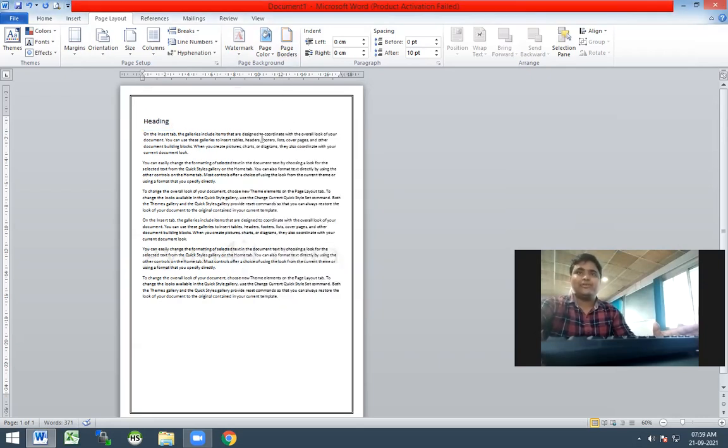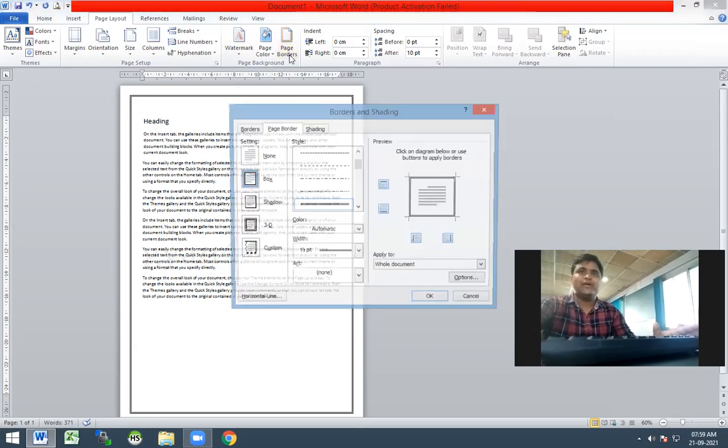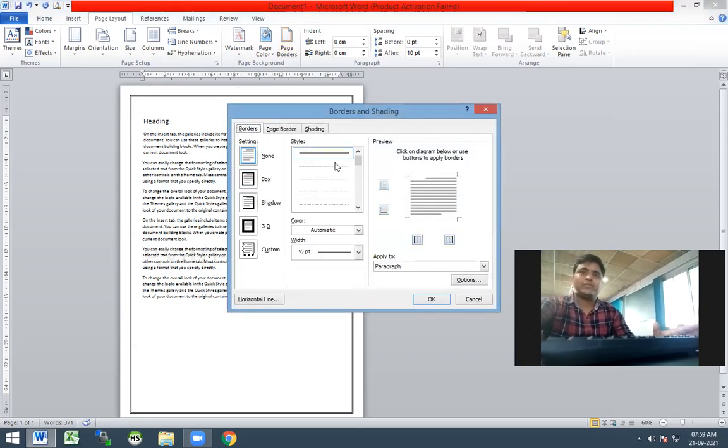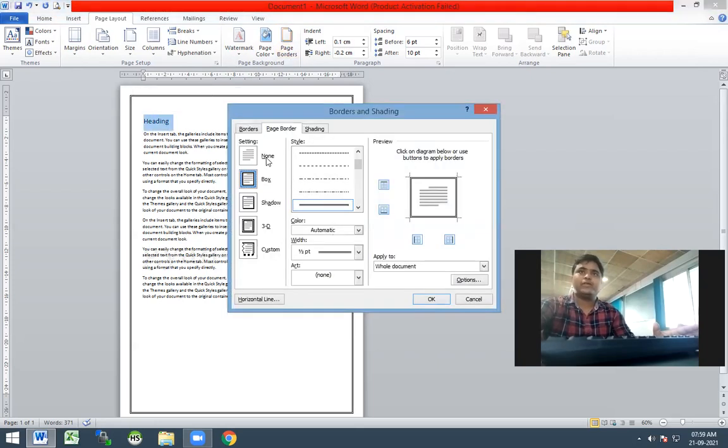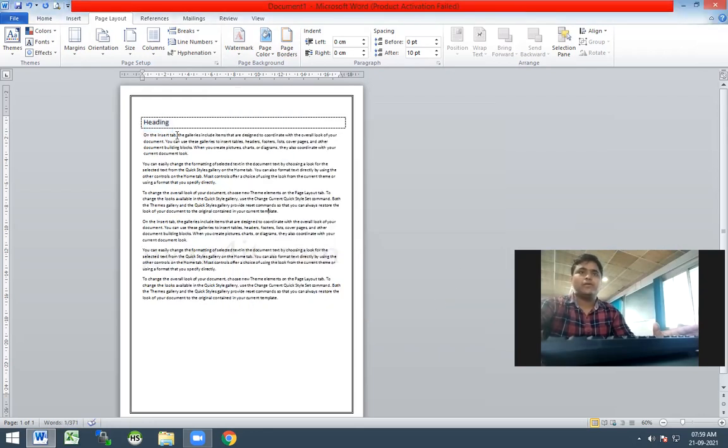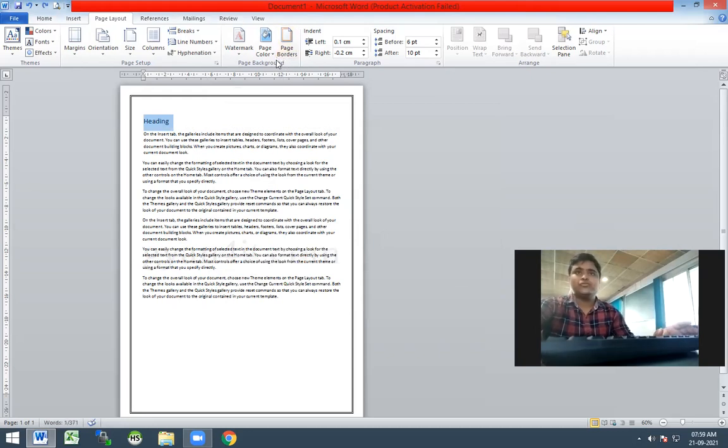Actually, I have already created the same. In this part, you just need to select this heading and go through the border and select the same. It will be applied over the current selected headings. So these are the two features.